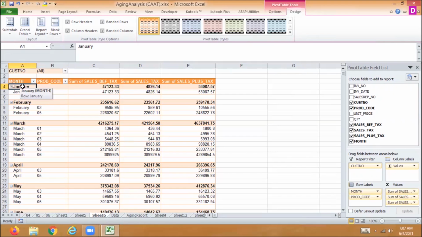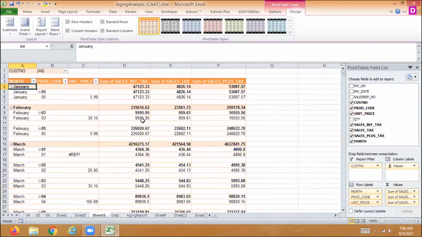Pivot table design tools, it's clear now. So whenever we talk about the design part in the pivot table, it is very clear. When we use the pivot table, we will definitely use this value on the basis of this. So you now have a clear idea about the pivot table, right? If I add a unit price, yes, this is complicated, but yes, this is